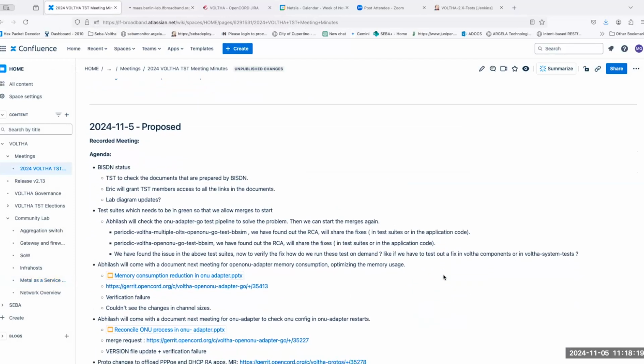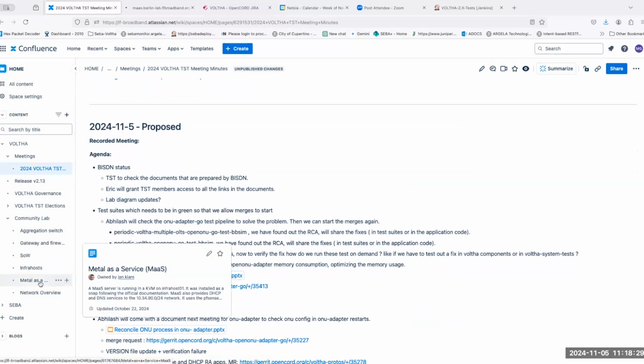I don't believe I have access control there. Those should be accessible if you are connected to the VPN in the lab. So the TST members don't have access to the VPN at the lab. We need to access that.